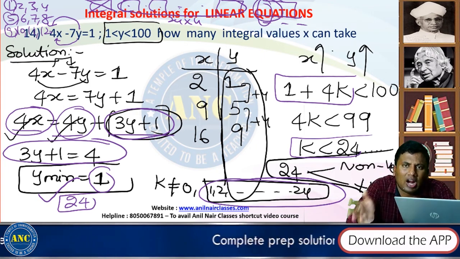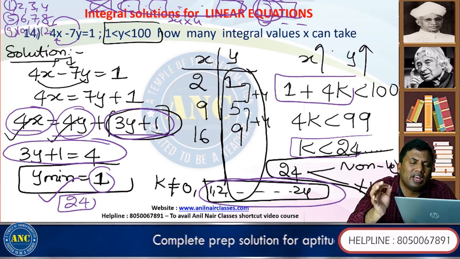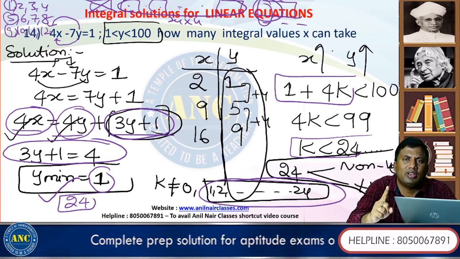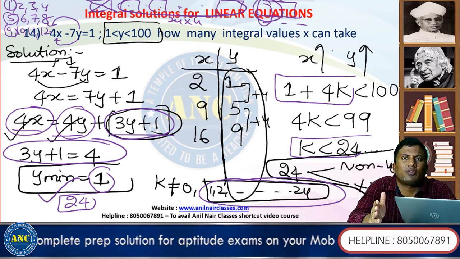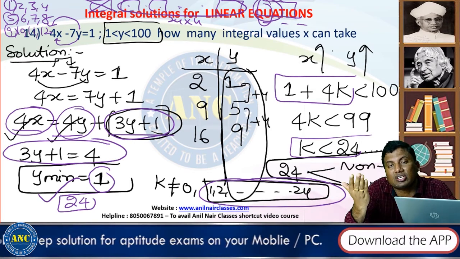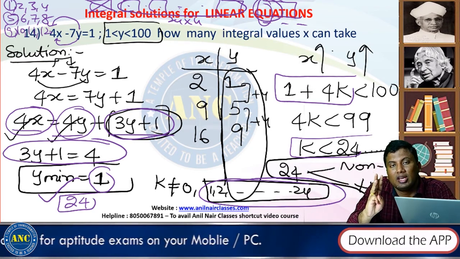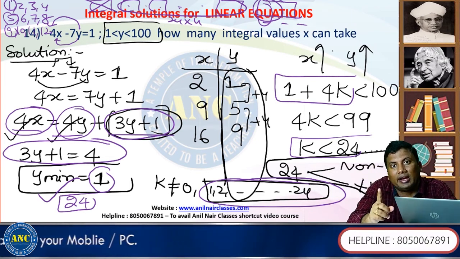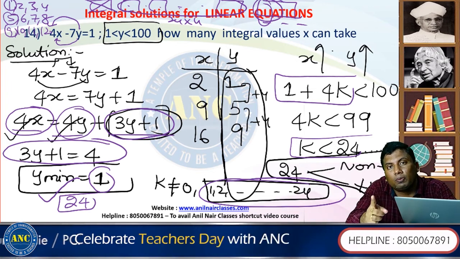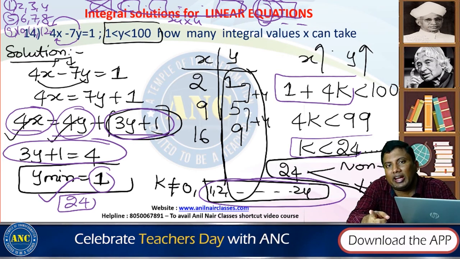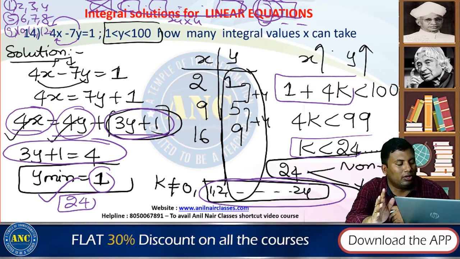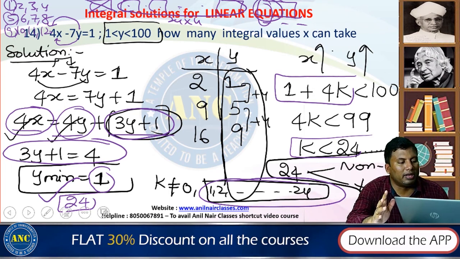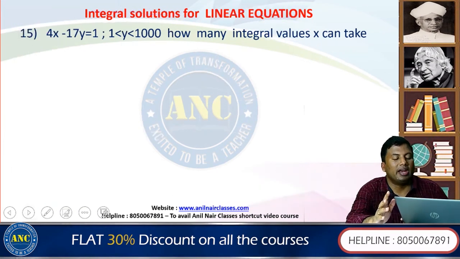Definitely the answer cannot be less than 23, because in a group of 4 definitely one value is there. In 98 there are 24 groups and one extra group with 3 values. Even if y is greater than 1 and I eliminate the first group, in the remaining 23 groups one value will definitely be there. So the answer has to be at least 23. It cannot be less than 23. You can eliminate using the answer options. I hope the idea is clear.